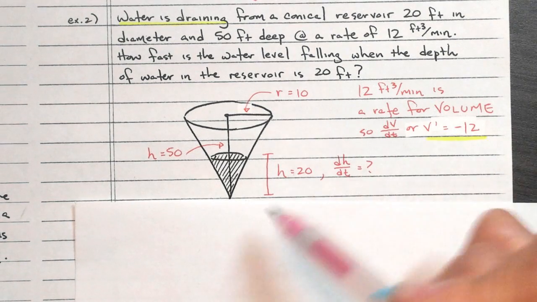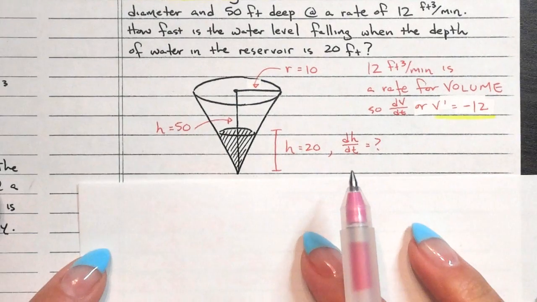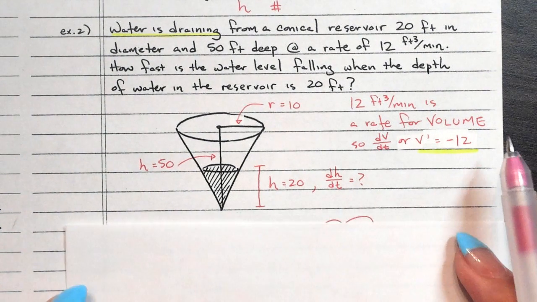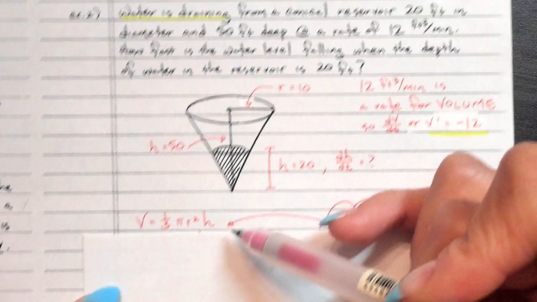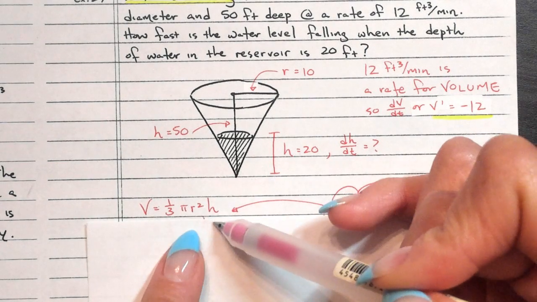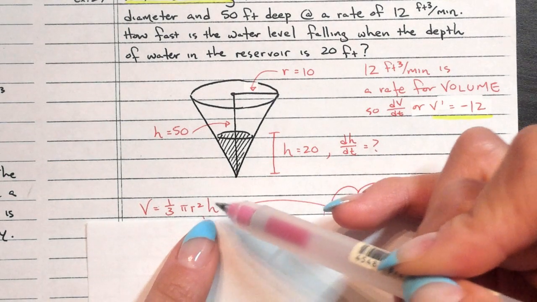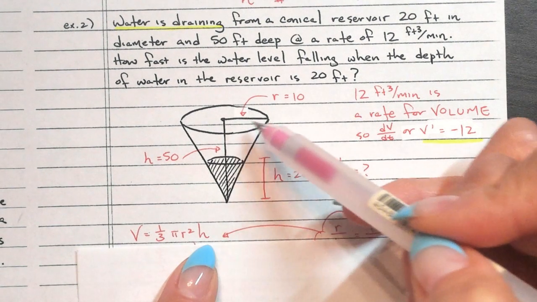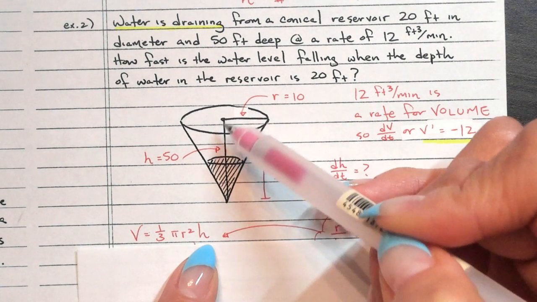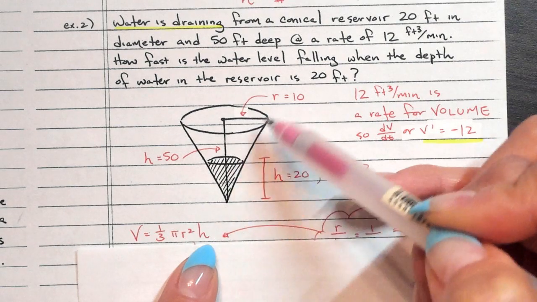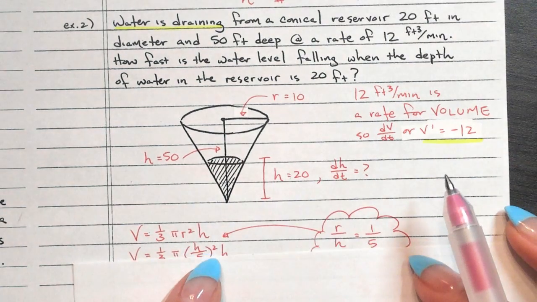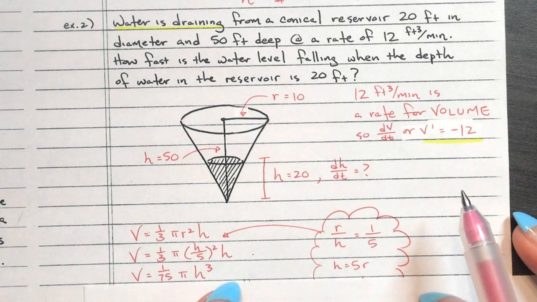Okay, so I have all my information here. And then I think about, okay, well, I have V prime, so I probably need the volume of a cone. So here's my volume of a cone. This volume of a cone has an R and it has an H. I don't really want an R and an H if I can help it. And I can tell, again, this R and H and this R and H, those are similar figures. So actually, I can go ahead and, I'm gonna go like this,